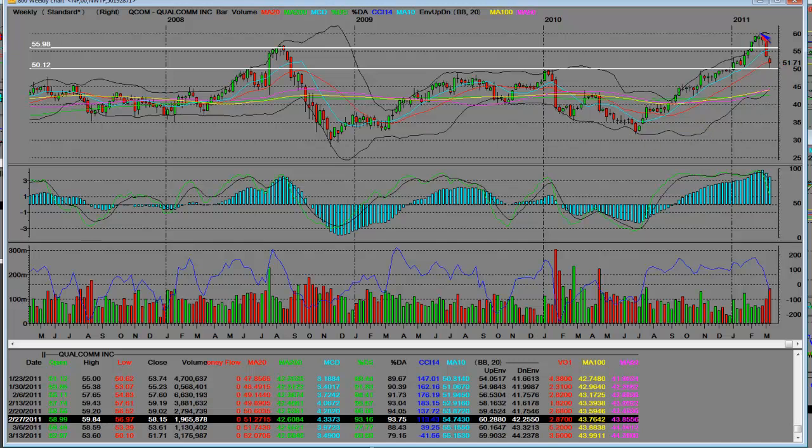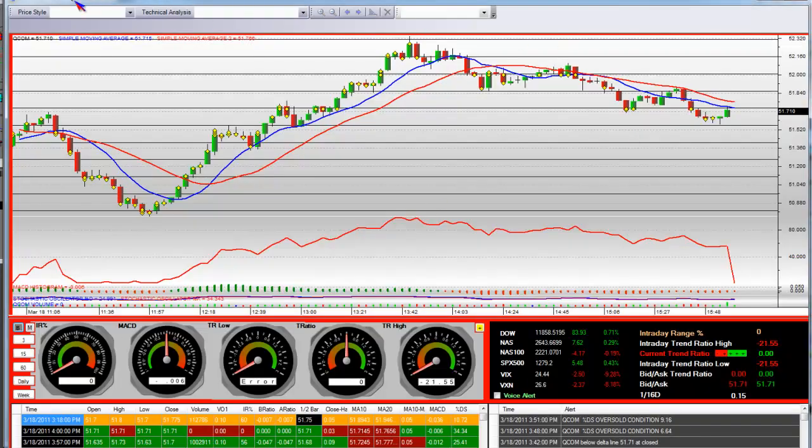QCOM has had a great run in 2010 all the way up here to the tops again, slightly above it, took out the highs back up to 60. You can take a look back in 2008, highs were right here. And even 2010's original highs were right here. So we're right there at a very critical area of where those public decision models are going to kick in. And they're going to kick in that if this last high cannot hold support, well, then we're going to come lower in QCOM. And that's fine. And it would be validated in the M.M.T brain. That's this one here. Let's take a look at it. That's the M.M.T QCOM 3-minute.